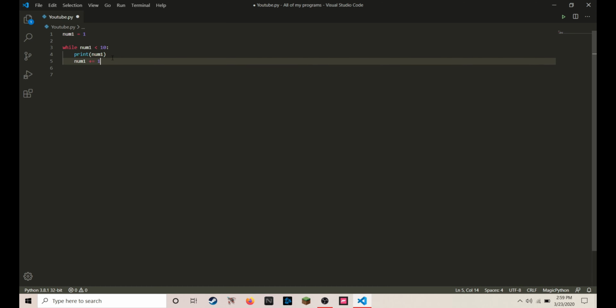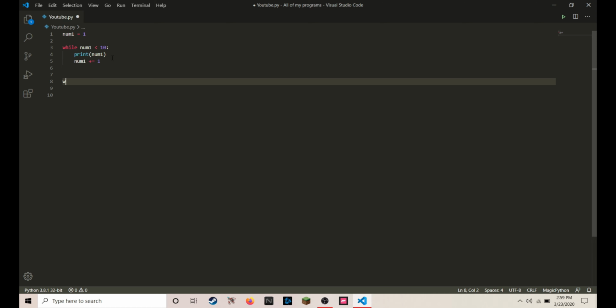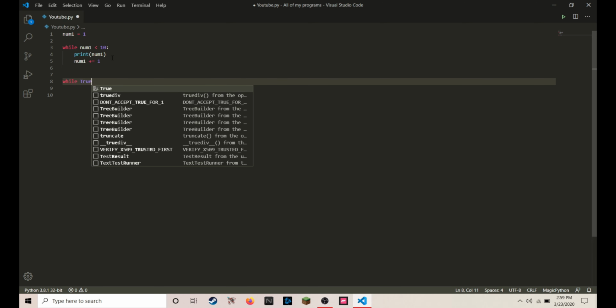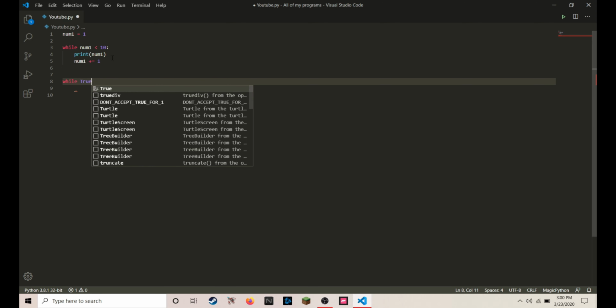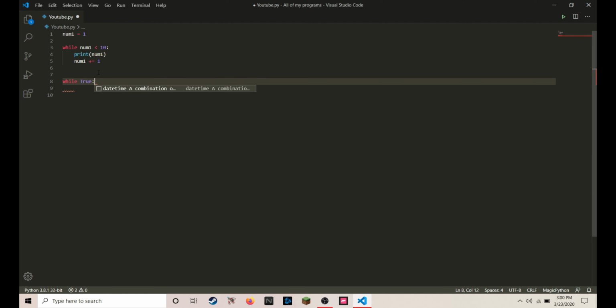But then there is this other loop called while true. Okay, so while true is pretty much always true. So whatever you have, it's always gonna be true. What the heck? Sometimes I don't like autocorrect. While true,